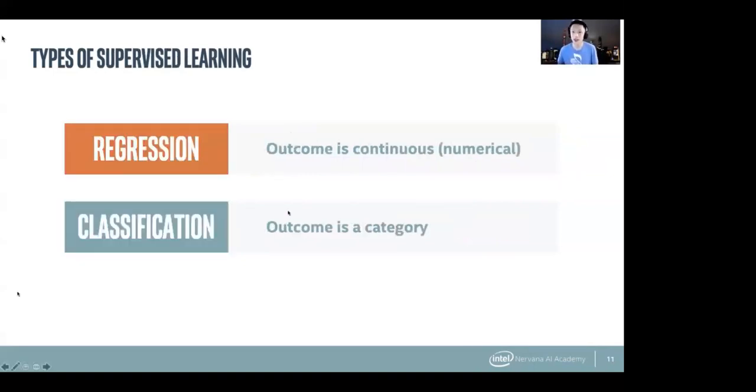So within supervised learning, there are actually two types of problems. One is called regression and one is called classification. Classification is when you're trying to put things into bins, basically like we were doing with the iris flowers. And then regression is when you're trying to predict a numerical value. Say, given these features about the sky outside, try to predict the inches of snowfall. If you were in Boston or something, you would try to predict how much snowfall there's going to be. It's not simply whether there is or is not going to be snowfall. We want exactly how many inches of snowfall you think we'll see.